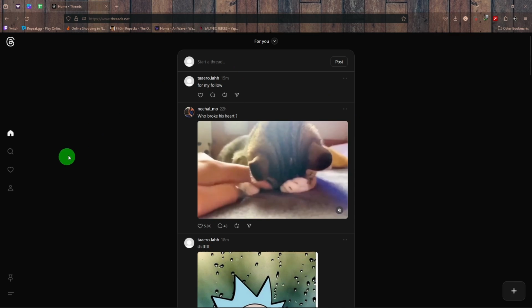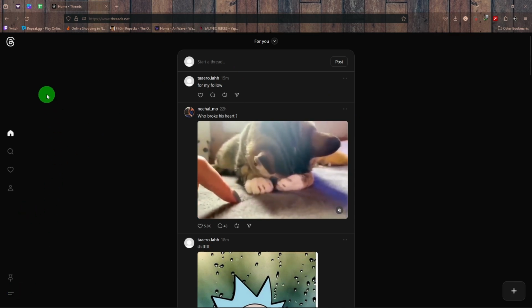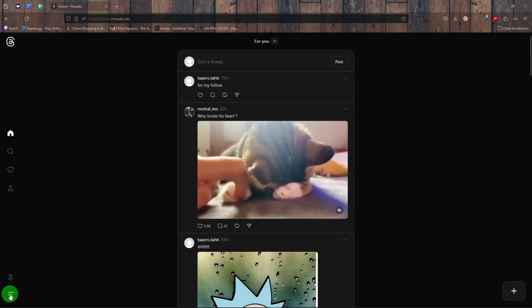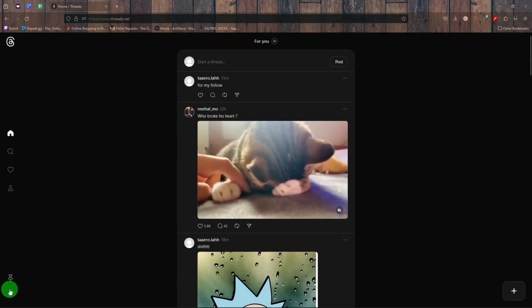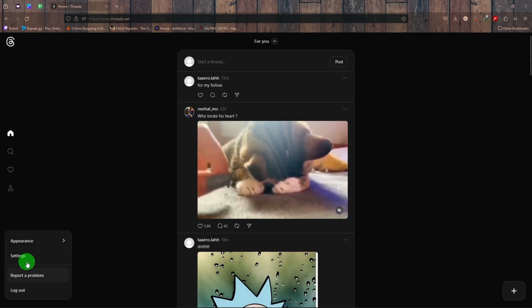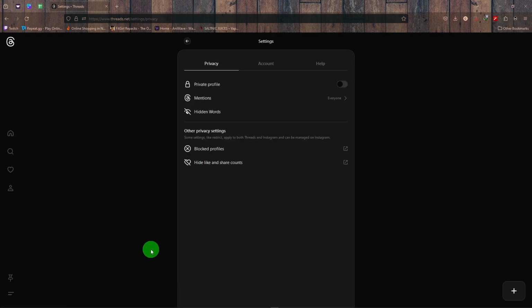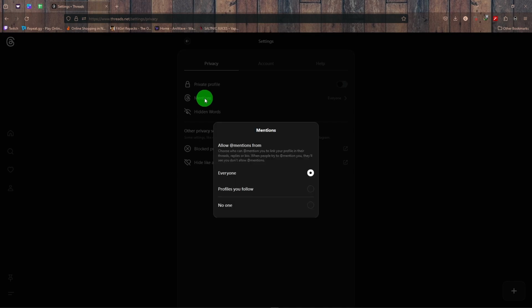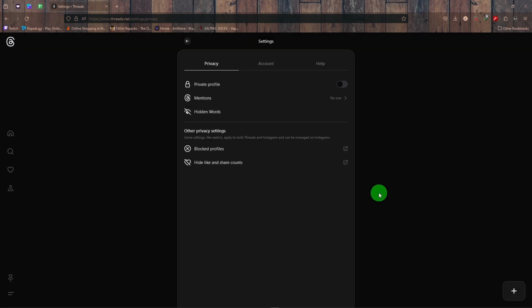Now what you need to do is click on this more icon on the left side of the panel, and go on Settings. Now what you need to do is click on Mention, which is in the Privacy tab. Click on it, and since we're going to turn off mentions, we're just going to click on No one. So now what that does is it will turn off